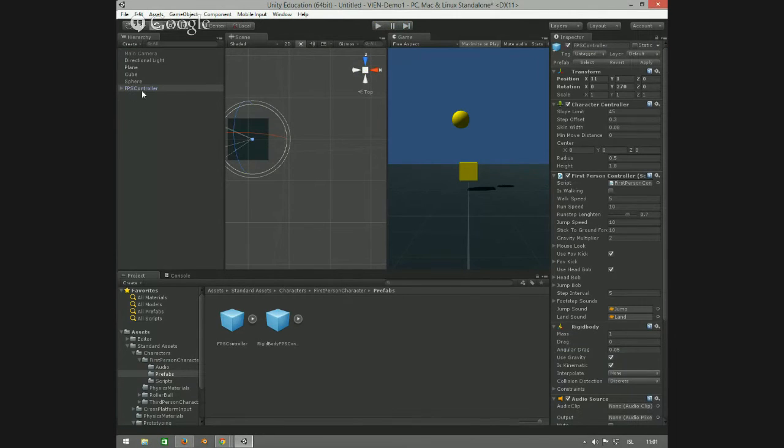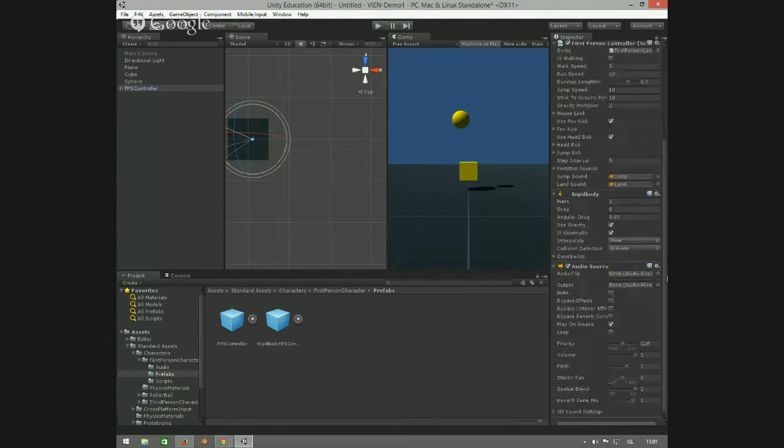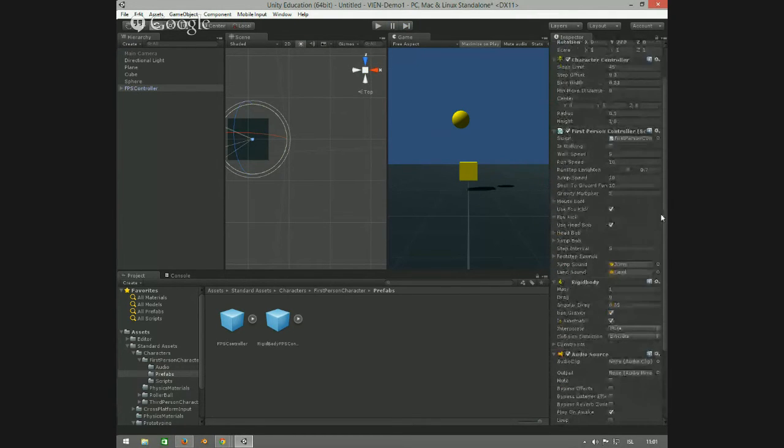So if the first person controller is here as an object, you can see it comes with a lot of behavior. And one of the behaviors is a rigid body behavior, meaning that my presence is actually taken into account in the physical simulation. And there's an audio coming from it as well. Speaking of audio,